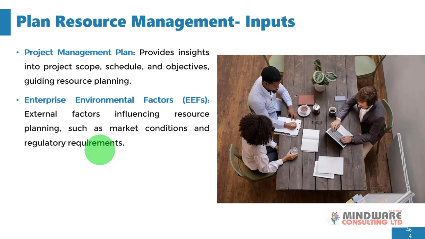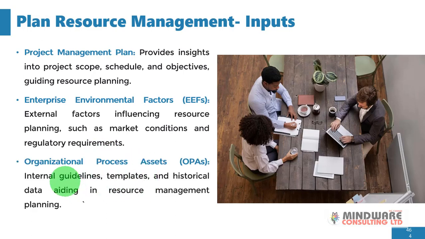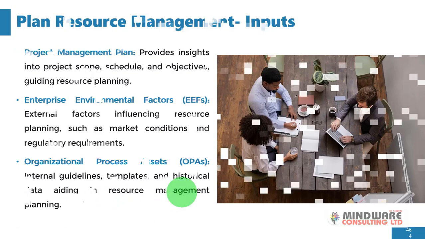So you're going to be talking about things like environmental impact assessment, okay, and when all that is complied with, all right, satisfied, then of course you can now get the go ahead. Okay, so next we have organizational process assets, and these are internal guidelines, templates, and historical data that will aid in resource management planning. All right, so moving on,